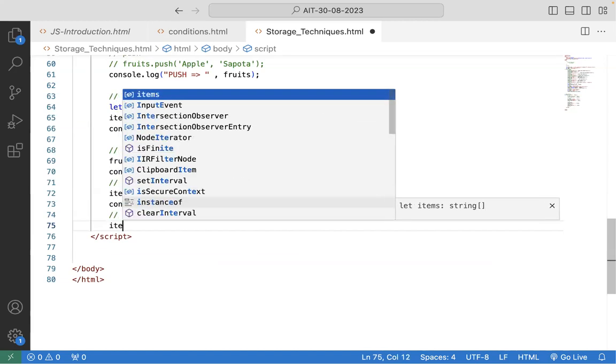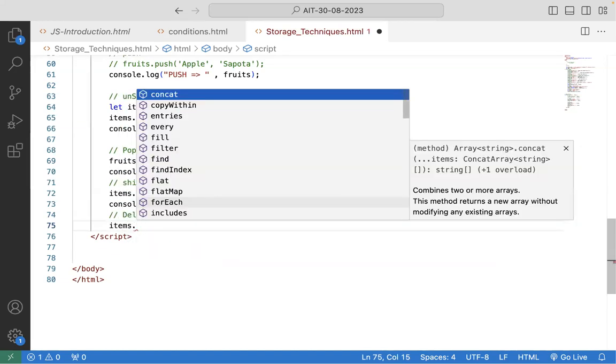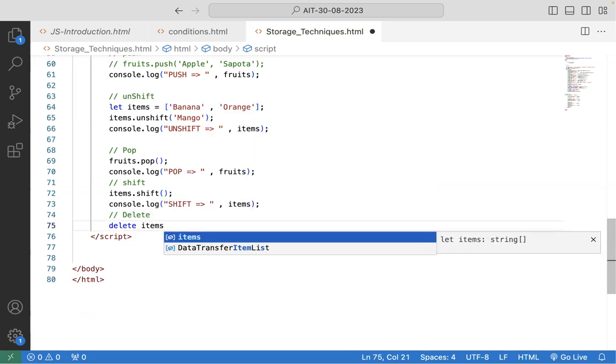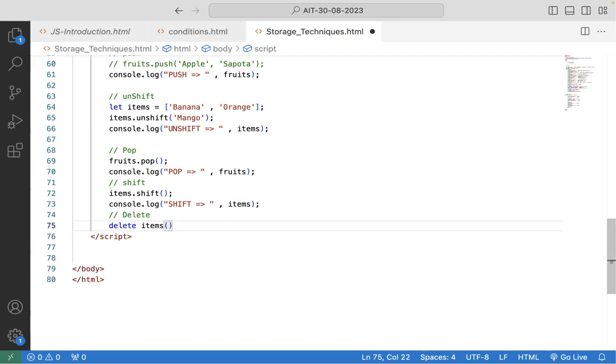For example, the syntax is delete items of, and I want to delete here, which one? The orange. So what is the index of orange? If I give it like this, and if I try to access it,